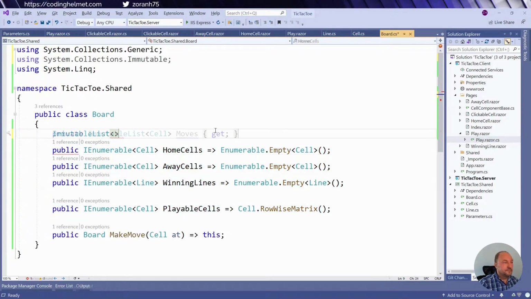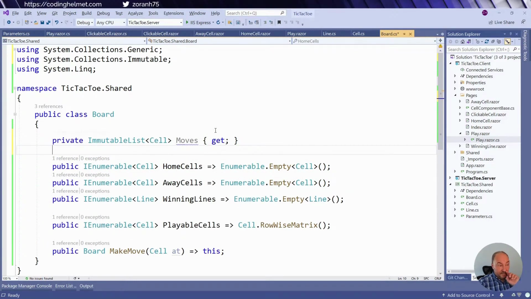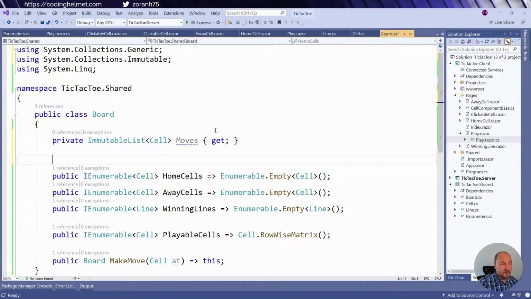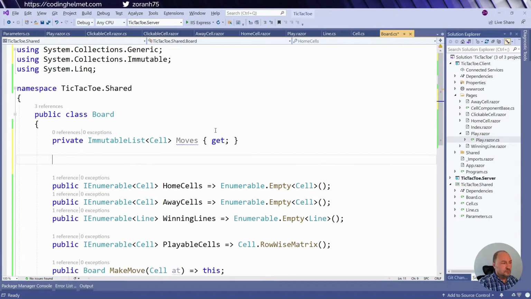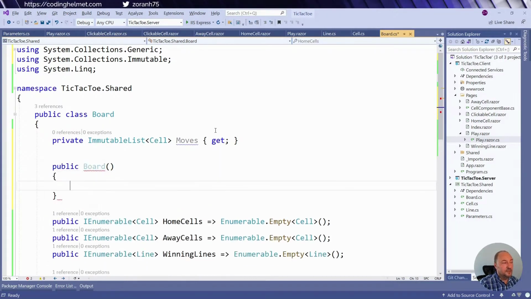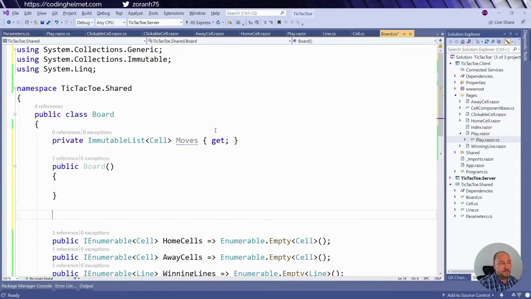So let's do that here. But since this class is supposed to be immutable, I will have to follow a usual protocol of creating immutable classes by having a public constructor which accepts mandatory parameters for the initial state of the object, which is nothing right now. In this class, a board with no parameters is an empty board,